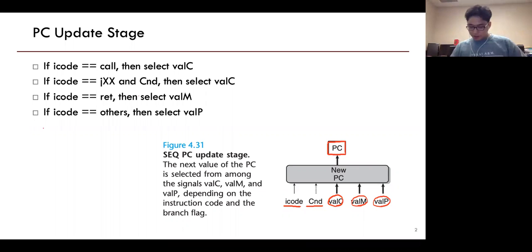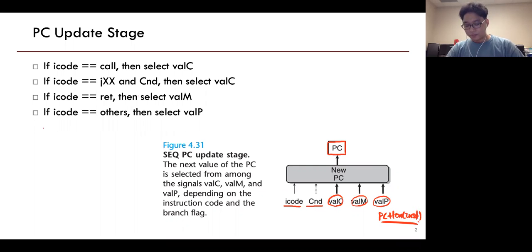Let's see each data and recall where it comes from. valP is generated by the fetch unit, and it is PC plus the length of the current instruction. So far we use this for the next PC value, because we don't have any other candidates. But since we have now implemented all the modules and stages, we have two more candidates, which are valC and